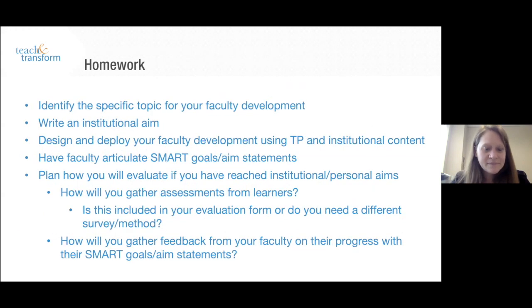Next slide. So this covers 3 approaches that will address most faculty development needs at an institution using competency-based faculty. If you were along the ride for the webinar and doing this in real time, your homework in order to make sure that your faculty get their faculty development by the summer and get their performance improvement credit by the summer is to identify the specific topic that you're going to do at your own institution, to write an institutional aim, to design and deploy your faculty development using teaching physician and institutional content,